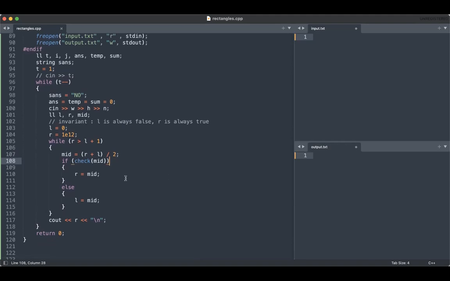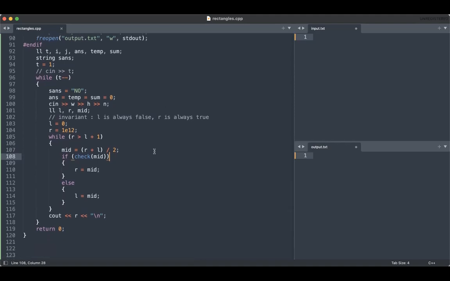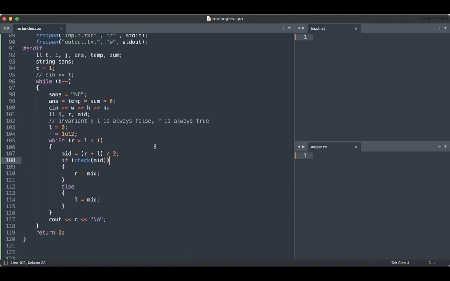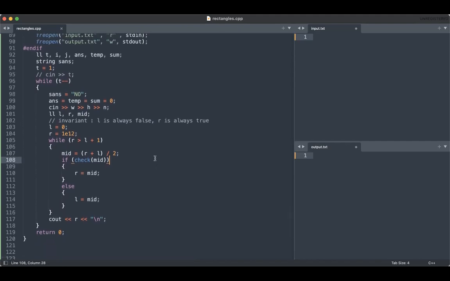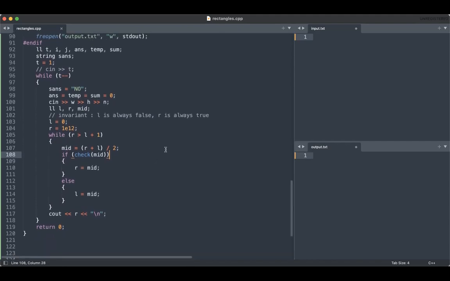So this was an introductory problem to binary search for answer. And I hope you guys were able to understand what binary search for answer is using this very simple problem. So I actually binary searched for the answer here, and that is why this algorithm is called so. Okay, great. So now let's move on to another problem.